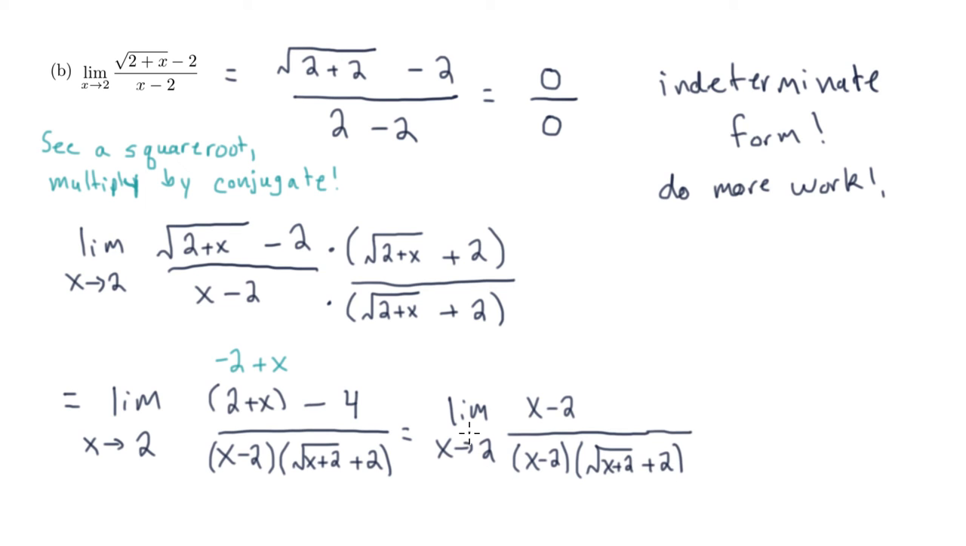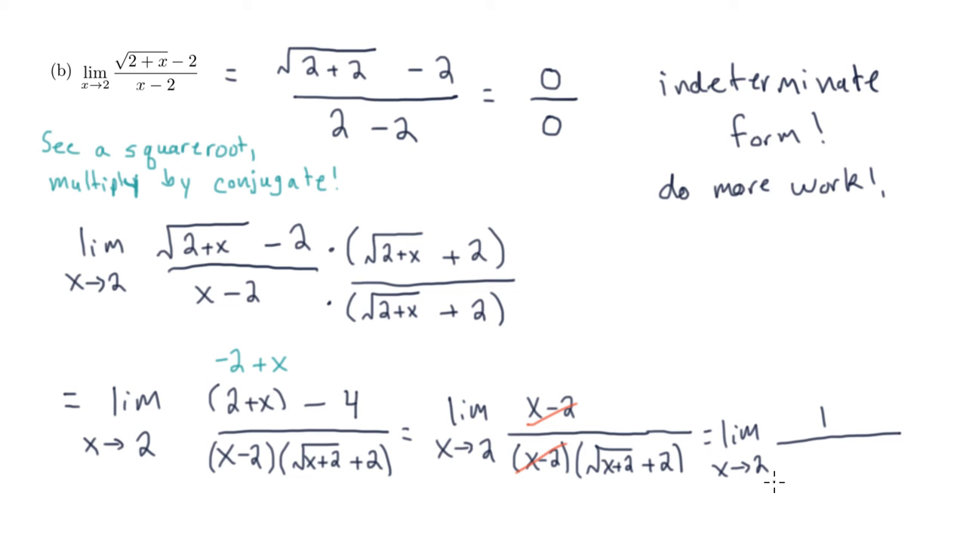And again, because we're taking the limit as x approaches 2, we can assume that x is not equal to 2, so that x minus 2 is not 0. So we really can cancel. Note that we're just left with 1 in the numerator. So this is the limit as x approaches 2 of 1